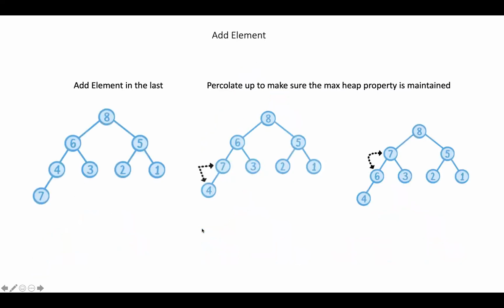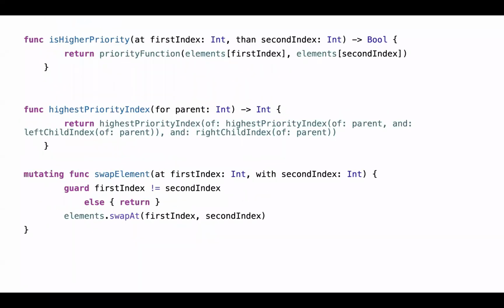So here we had used that highest priority index for the parent. For a given parent, what will be the highest priority among the parent itself, left child and right child? And swap element is very obvious, we are swapping the element at the index.